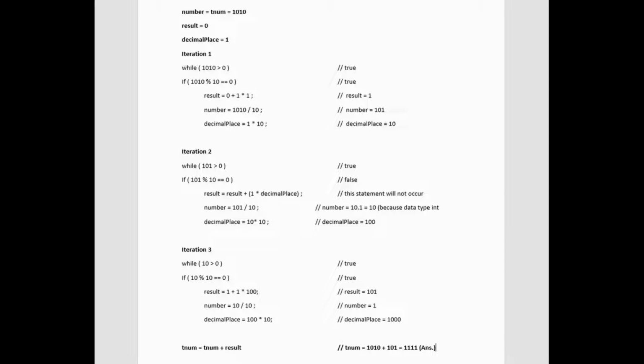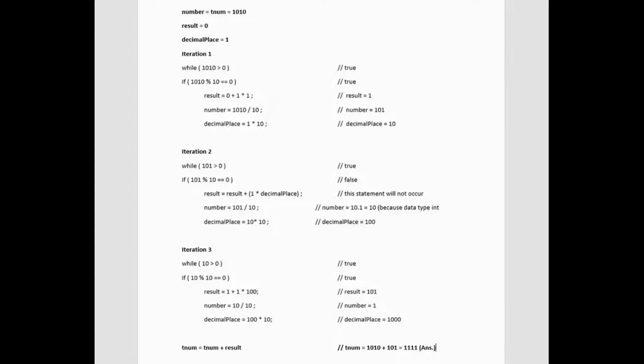Yes, it is true. And if number mod 10 equals 0: the current value of number is 101, mod 10, that is not giving 0. No, it is false. So the result line will not run. Our iteration will go on to number equals number upon 10, that is 101 upon 10, or you can say 10.1.